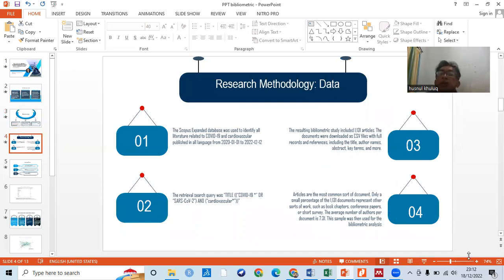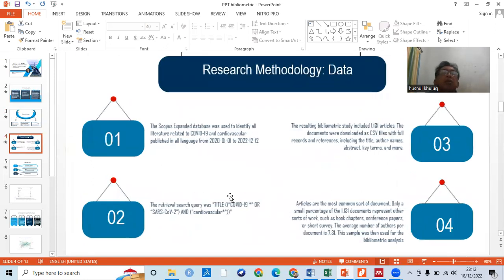Research methodology, the data. Scopus. The Scopus expanded database was used to identify all literature related to COVID-19 and cardiovascular published in languages. The retrieval search query was titled COVID-19 or SARS-CoV-2 and cardiovascular. The resulting bibliometric study included